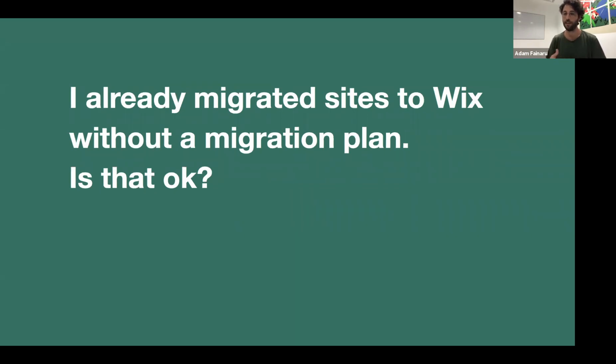And again, not having a redirect doesn't prevent the new URL from ranking, right? The new URL is its own URL. It can rank just as well, but it is recommended to do the migration as part of the process